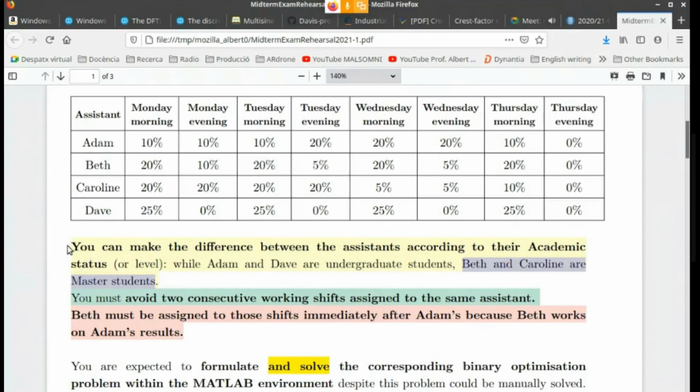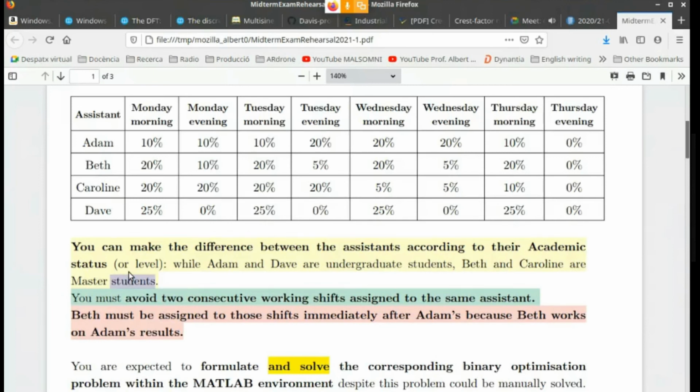So this connects directly with the seniority. You remember? Here we don't know how long they have been working in this laboratory. But the important thing is that Adam and Dave are undergraduate students, and Beth and Caroline are master students, right? Well,